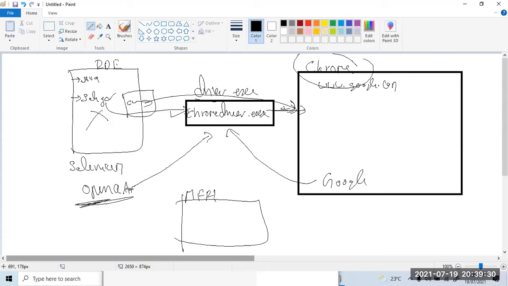Okay, we have it here. Now, how exactly does it work? Internally, all this happens using API calls. Which API does it use? It uses a protocol called JSON wire protocol. We will talk about this later. This is very early, and I don't want to confuse you. We'll come back to it. Don't worry. Okay, but let us quickly see this.